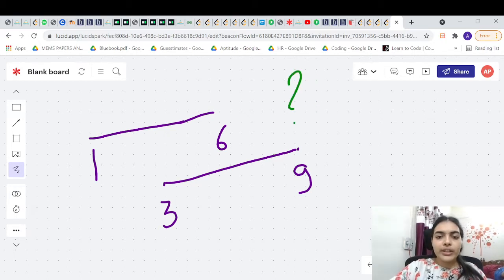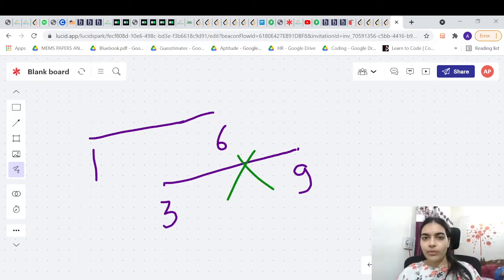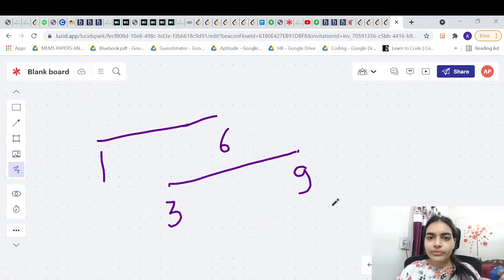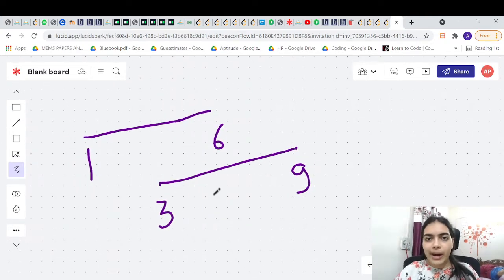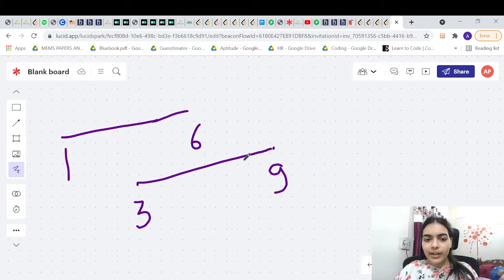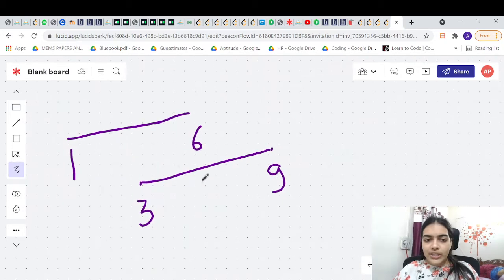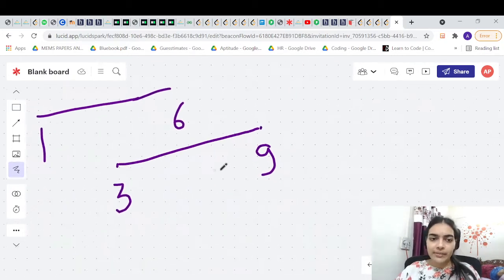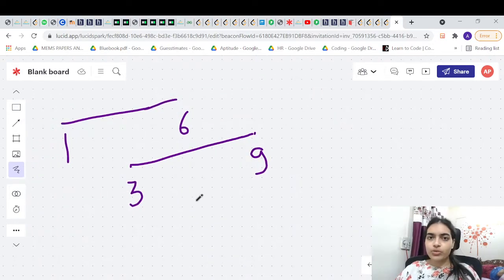But which one will you delete? Will you delete the first one or the second one? Now you may think, does it matter? You can delete either of these two intervals, and you will still get the next interval, which is non-overlapping. But this is the case when you just have two inputs. What if some other input was given? Then it will matter. Which of these two will you delete?